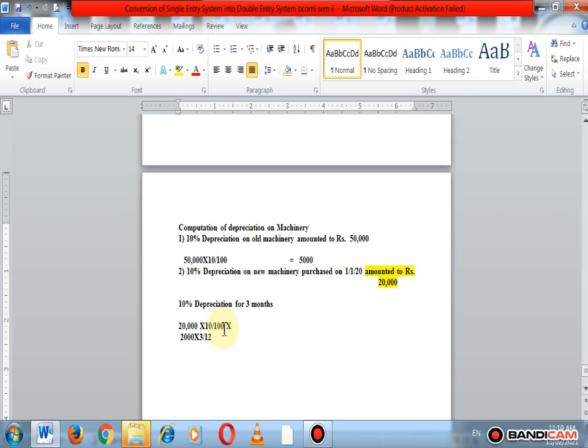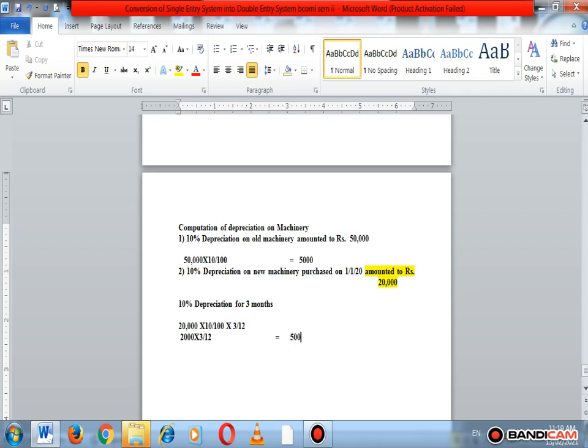Okay, we need to compute a depreciation for 3 months. So 3 months is equal to 2,000 multiplied by 3 divided by 12. Okay, this is right. So the amount of depreciation is equal to